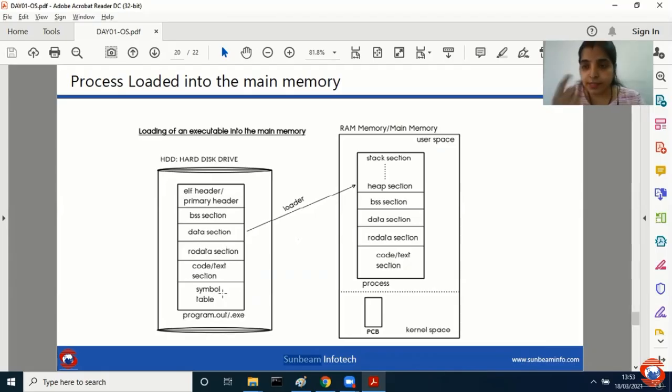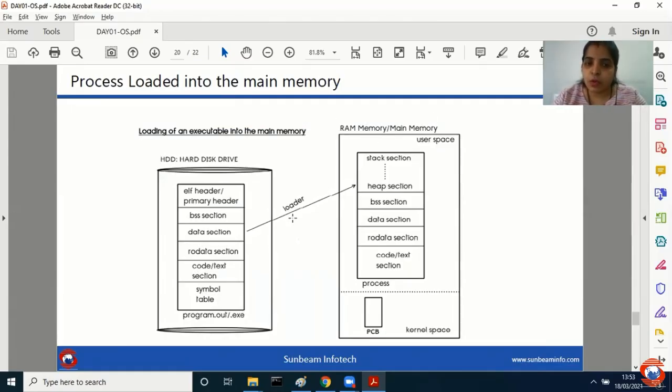Now, when I say I wish to execute that file ./a.exe, at that point, it will fetch the information from your header. Header consists of all the information about your file, the location of the file, name of the file, type of the file, date of creation, time of creation, every information it will fetch, and it will load your data from the disk to your main memory. Main memory is also called as RAM memory, right?